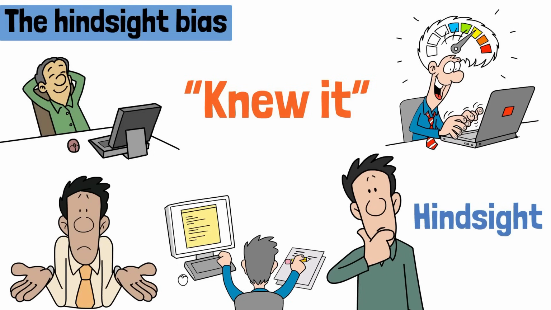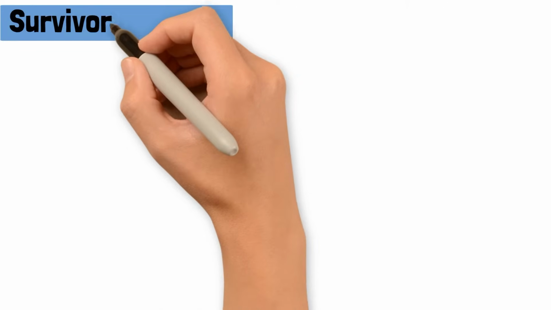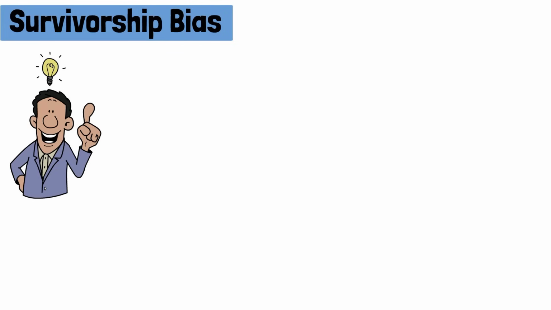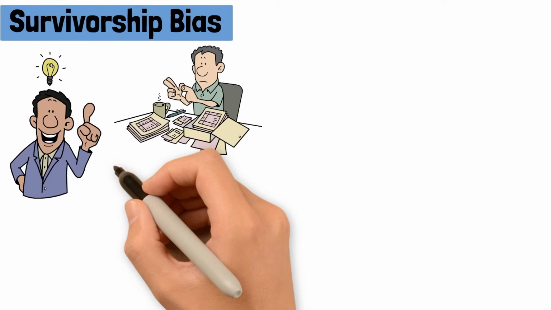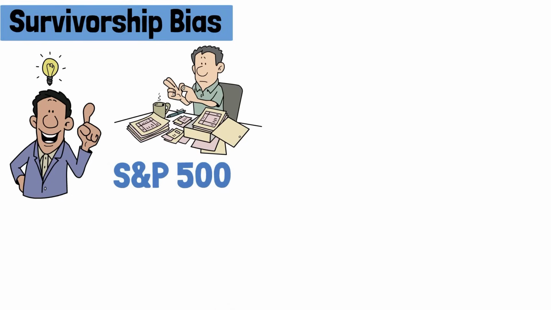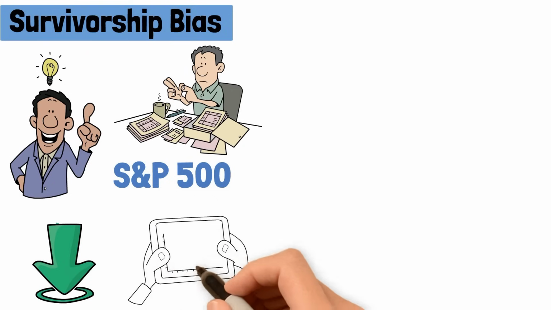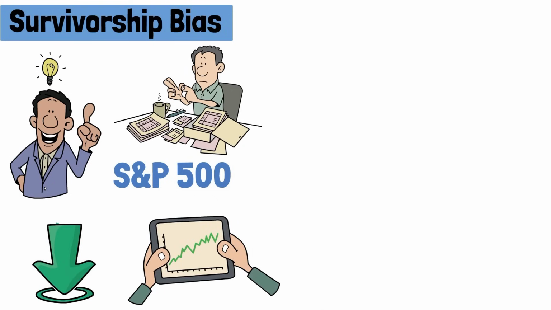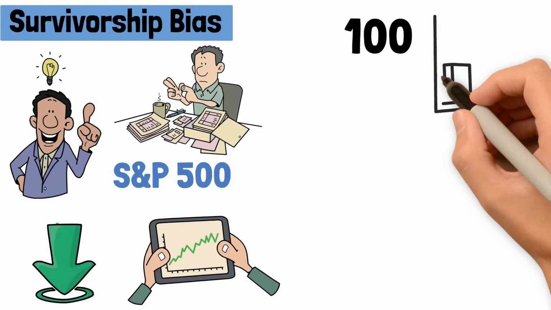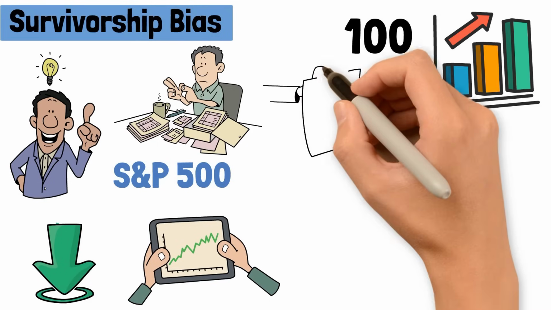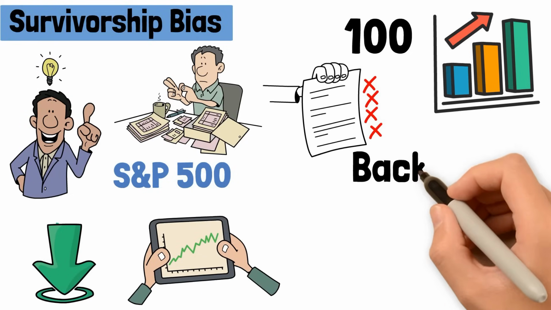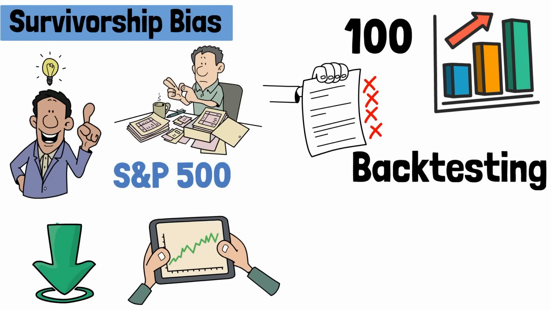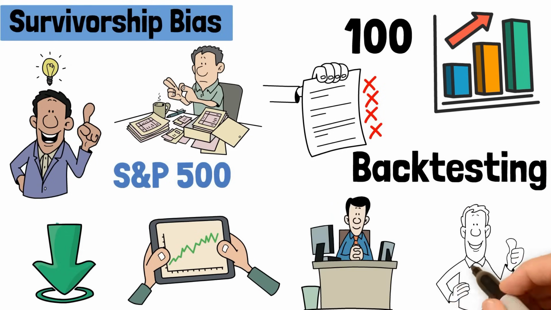One of the costliest trading biases is to be fooled by survivorship bias, also quite similar to selection bias. We form conclusions on incomplete information. Let's give you an example. You might want to backtest a momentum strategy for the stocks in the S&P 500, and you start by downloading the data of the stocks that are in the index today. But unfortunately, over the years, hundreds of stocks have been delisted from the index, and most of them have performed poorly. You're thus backtesting the winners and survivors, and you ignore the losers. Your backtest is likely to be a lot better than in reality.